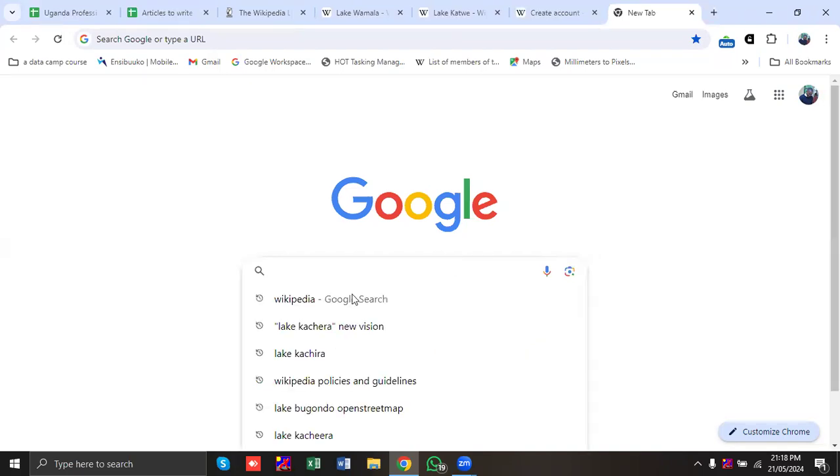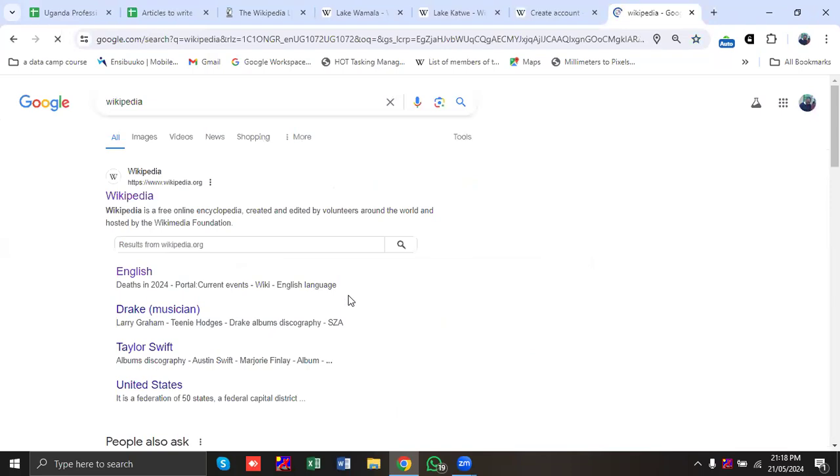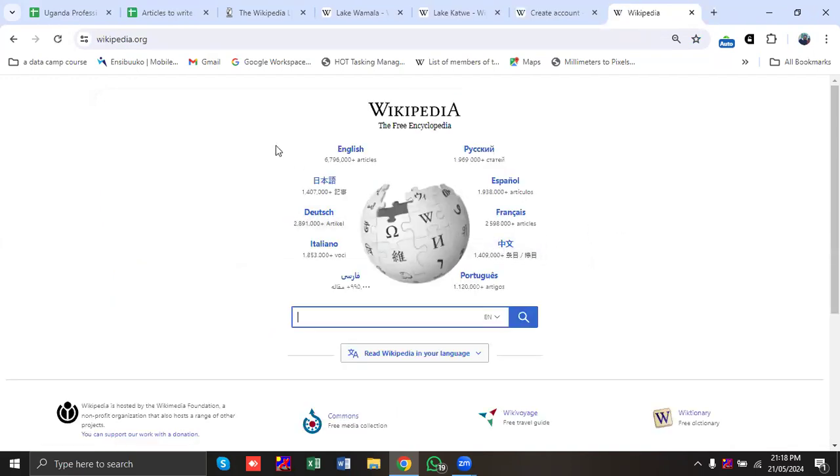So when you come to Google and search for the term Wikipedia, it will bring you Wikipedia. Then when you click on it, it is going to show you English Wikipedia, then you have Italiano and other languages. Wikipedia exists in over 100 languages, but as a user group, we are focusing on English and also the Luganda Wikipedia. Yes, there is that version of the Luganda Wikipedia. And if you have an account, if you click on the English Wikipedia here,